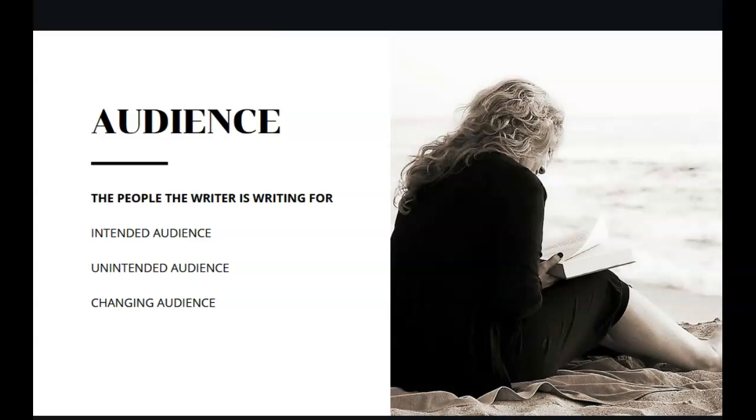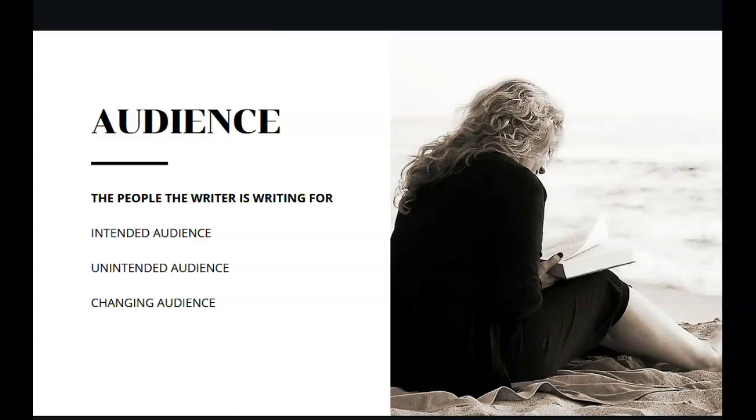So for example, if you ever read a book by Stephen King called On Writing, this is about his experience of his own writing process, and he talks about how he writes everything that he does for his wife, Tabitha. So he is writing for one person. Now it just happens to be that there are many millions of people who also like his writing. They also like what Tabitha writes. But when he sits down to write a story, to write a novel, he's just writing for her. He just has her in mind.